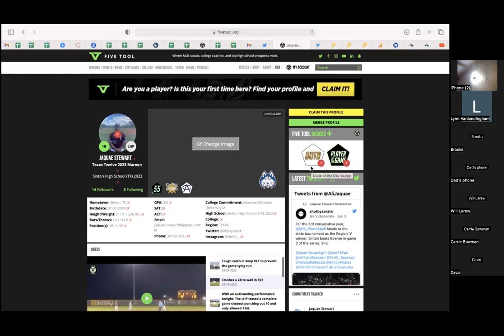And like I said, we want the top schools on for sure, but we really think we priced it in a way where junior colleges, D2s and D3s should be able to easily afford the scout packages as well. Those are really the schools that are probably helped more by this. Texas and A&M are going to get the top guys, and a lot of times they know who those guys are. This makes it easier for them to follow those guys and how they're doing. But really the goal is to get as many schools as possible on here rather than just the top guys. And maybe that's a good time to talk about price.